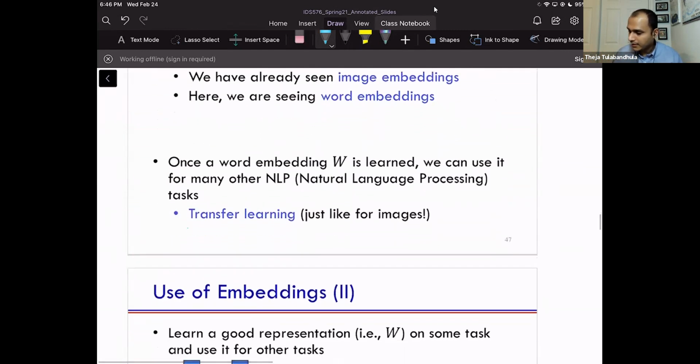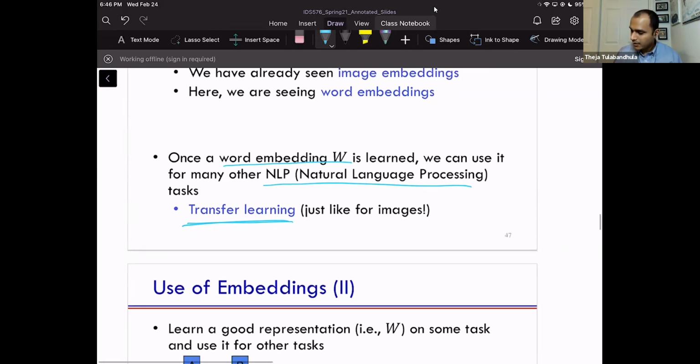Yeah, and this is one way to do transfer learning here, which is literally that once this thing is learned, you can use it in any NLP task, which will of course deal with words. So wherever you're trying to do anything with words, like for example next word prediction, or named entity recognition, or many of the tasks that we've seen. Last time there was a URL that I shared called nlpprogress.org. There are so many tasks there. For any of the tasks you can always use embeddings.